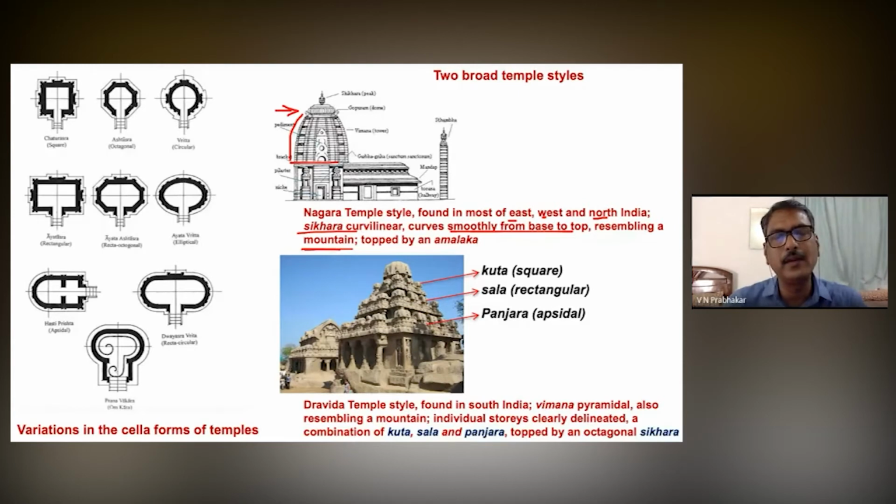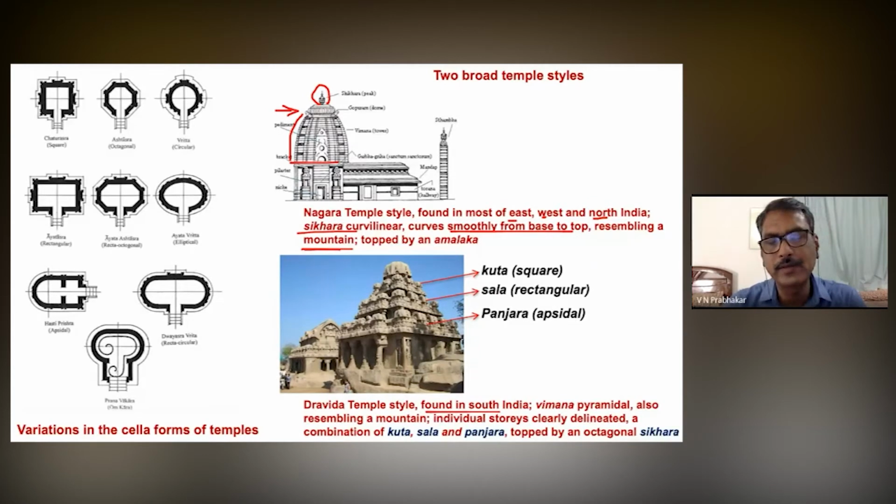Invariably, each and every Nagara style temple has an amlaka. Depending upon the size of the temple, it may be small or bigger, and it is crowned by a stupi or a shikara. That is the ultimate crowning aspect, and flags or important motifs are depicted on this stupi also. So in contrast, what we find in a Dravida temple style, it is mostly found in the southern Indian context.